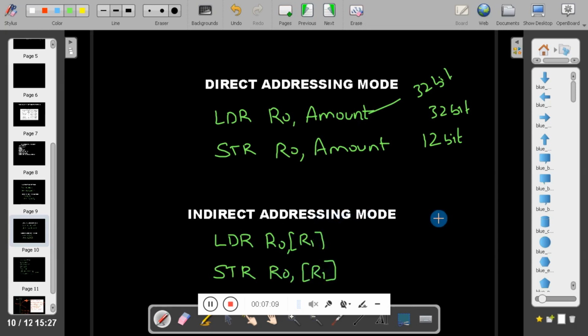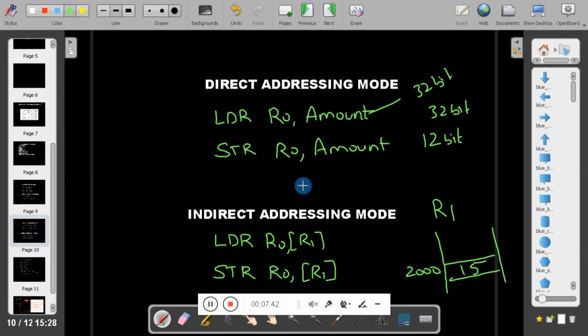If you just write R1, then it gives data. If you write R1 inside the bracket, then this means address. So LDR R0, [R1] means the content of that address will be transferred. For example, think this is the memory, and this is the address 2000, and this address has got some value, 15.